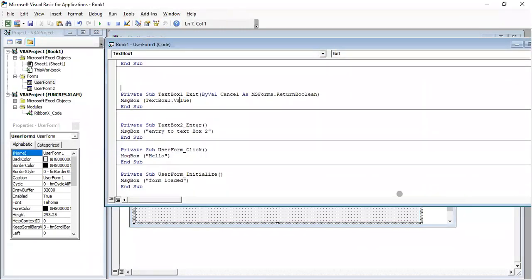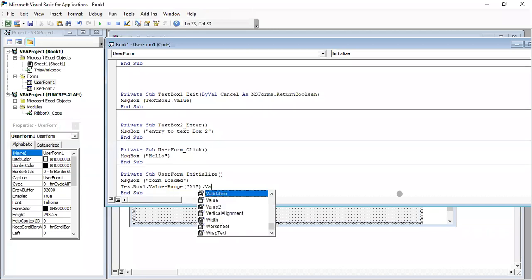I will remove these quotes. Text box 1 exit, let it be. So on form initialize, what I will do is, form loaded, let it be, text box 1 dot value equal to Range A1.